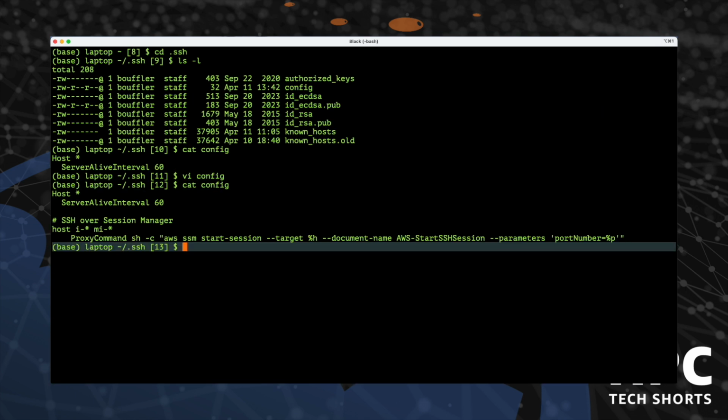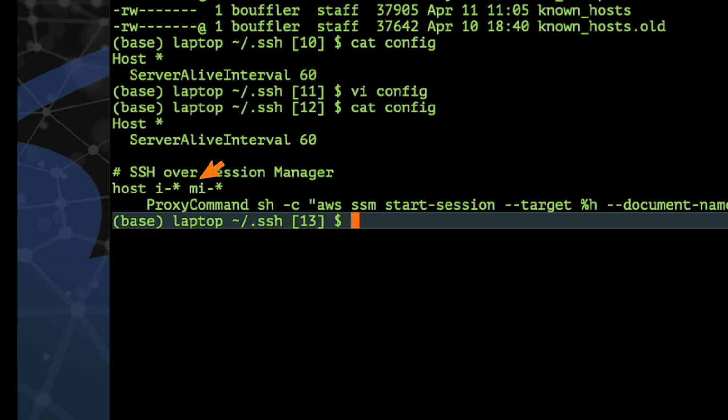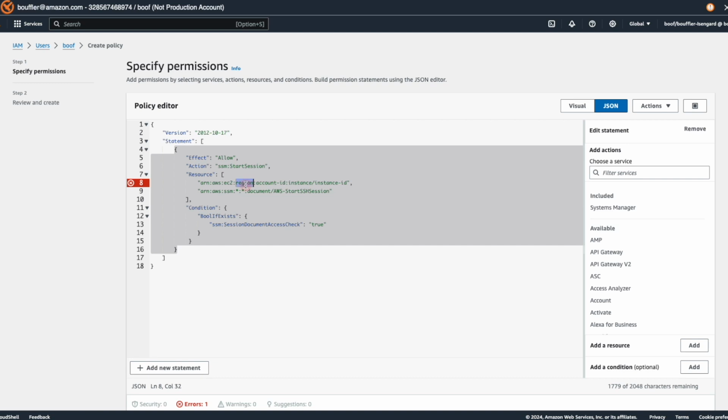Now, once this is in there, this tells SSH that any host names matching this glob here should use this proxy command, which effectively routes the SSH request through a tunnel that SSM creates, if you have permission to do so. And that permission comes from all that fiddling about we did a minute ago with our policy that we attached